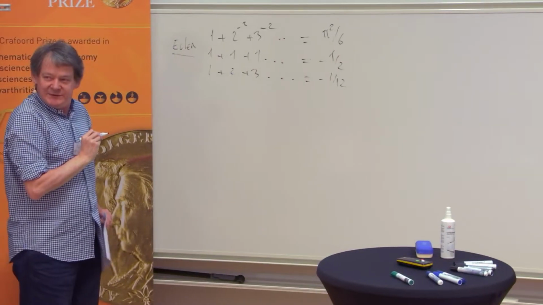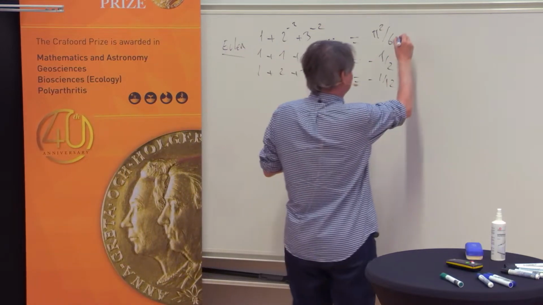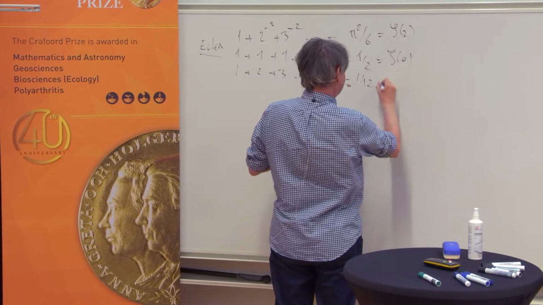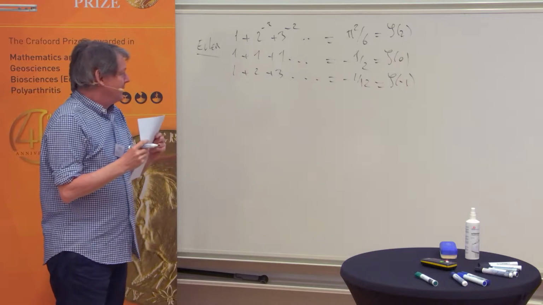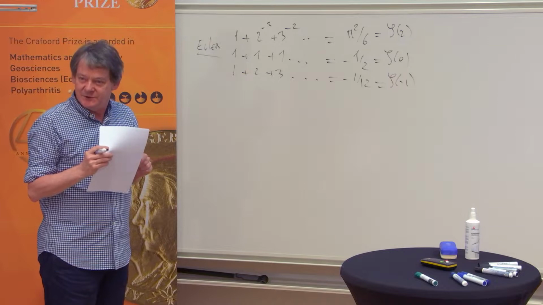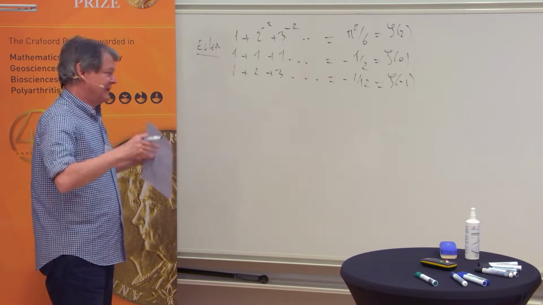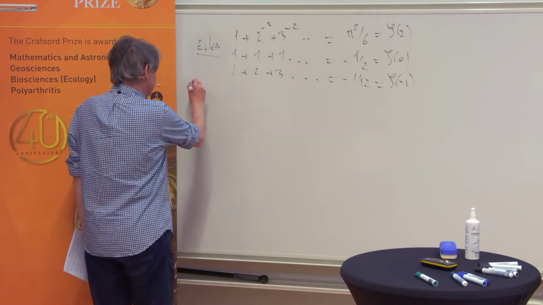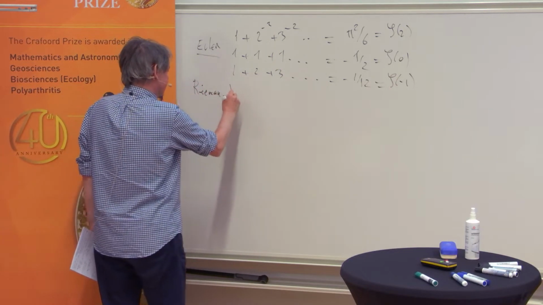Of course, I will call these special values of zeta function. This is zeta of 2, this is zeta of 0, and this is zeta of -1. So this was actually the first topic on zeta function, finding special values of the series, or of course the analytic continuation of the series. And then, as Professor Bombieri reminded us, there is